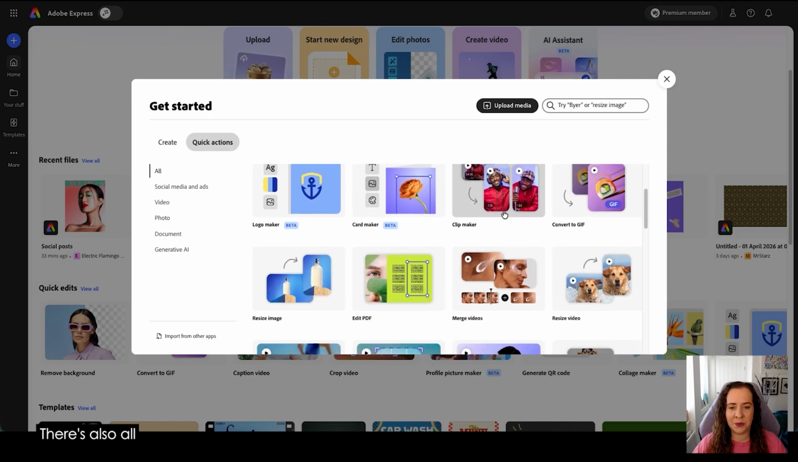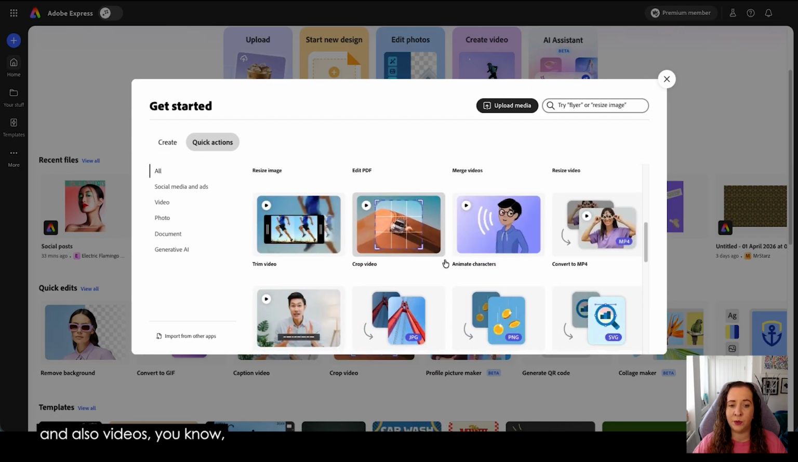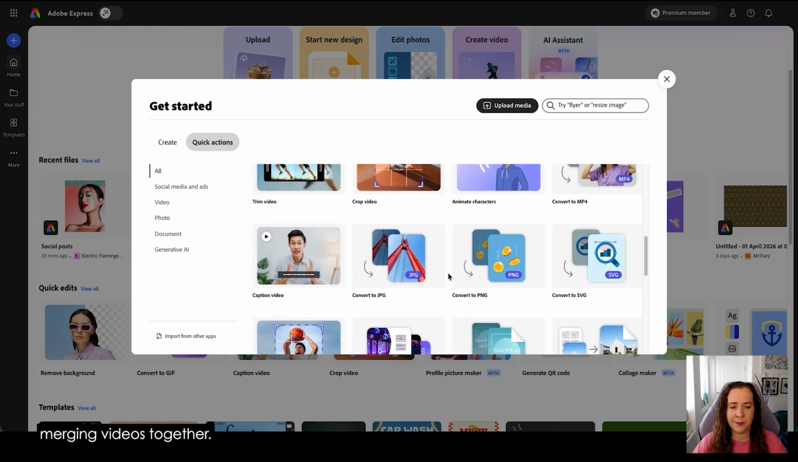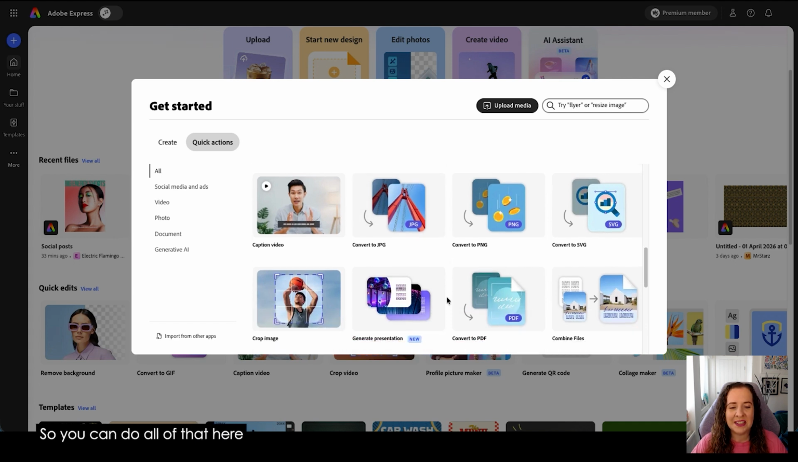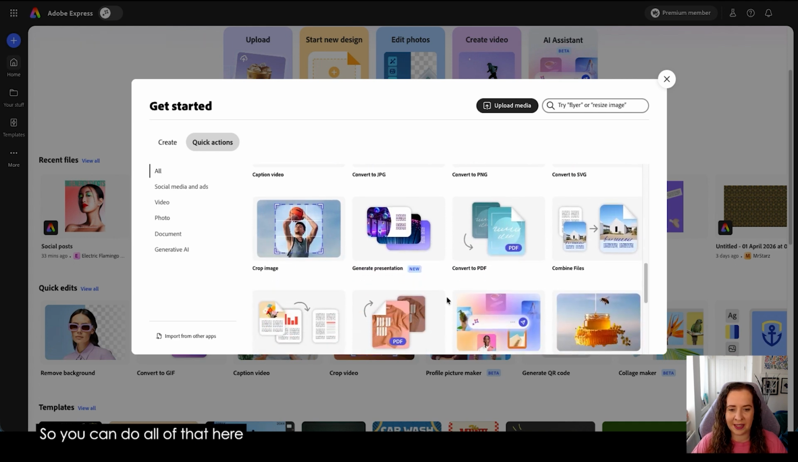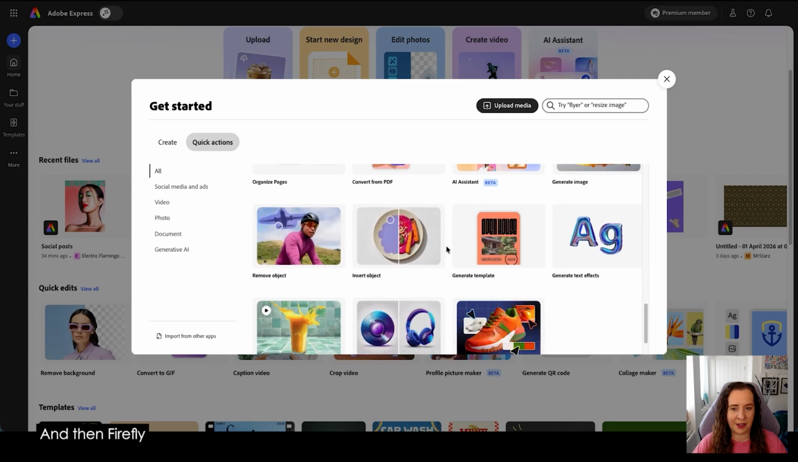There's also all kinds of file conversions, clip conversions. You can do resizing of images and also videos, cropping and trimming videos, merging videos together. Maybe you want to put captions onto a video like I've already done down here. So you can do all of that here without having to boot up any of the Pro tools. Like I mentioned, we can also start to edit PDFs, we can combine files,